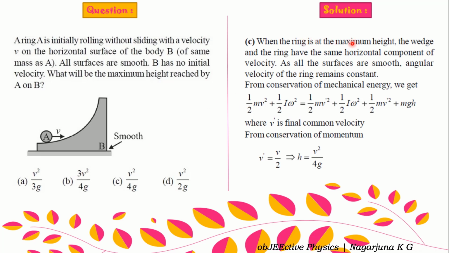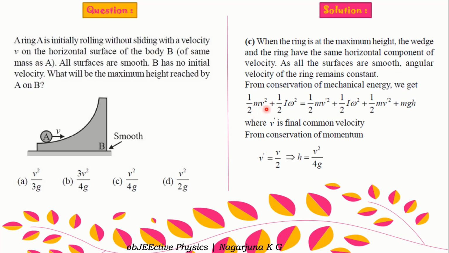When the ring is at the maximum height, the wedge and the ring have the same horizontal component of velocity. As all the surfaces are smooth, the angular velocity of the ring remains constant. From conservation of mechanical energy, we get